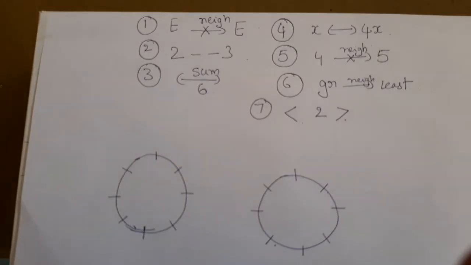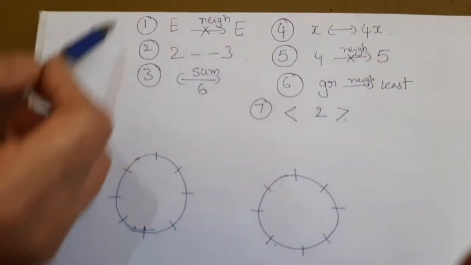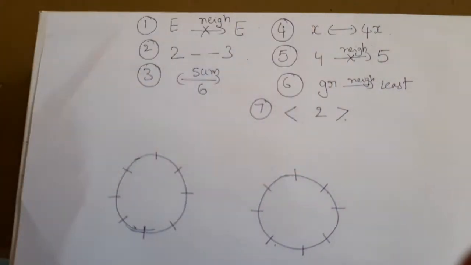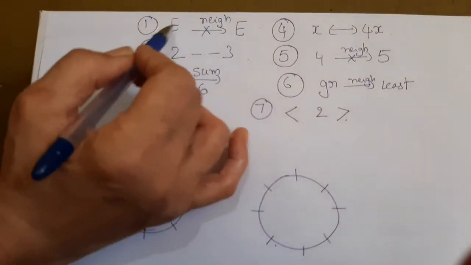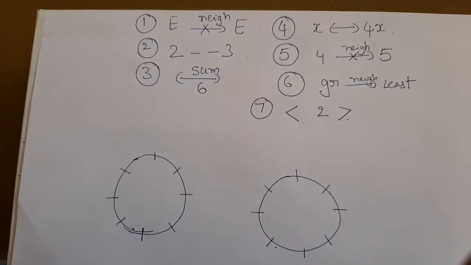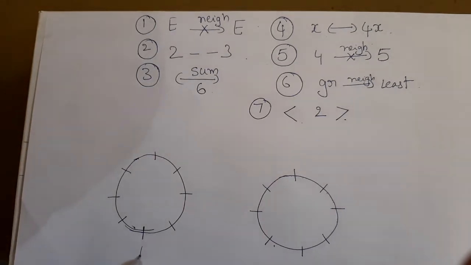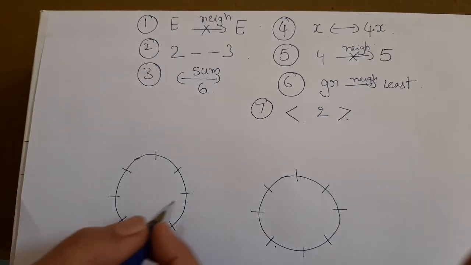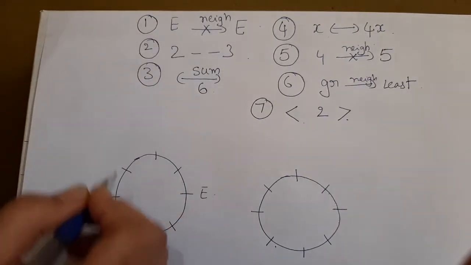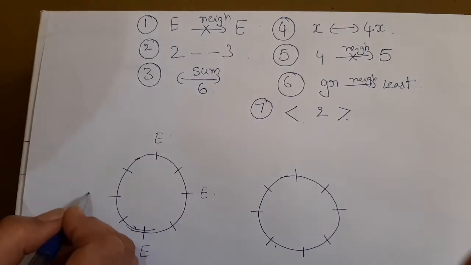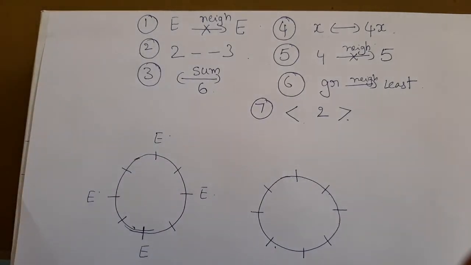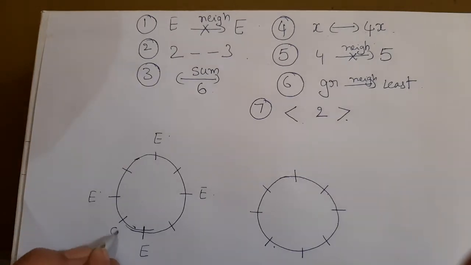Now let us see the solution. The hints which are given in the sum are written in the short form like this. This you can write in your own way. Now the first hint is even numbers are not neighbors. That means no two even numbers should come in neighboring. If I write even number here, then this must be next even number and this must be next even number. This must be next even number. Now the remaining are odd numbers.